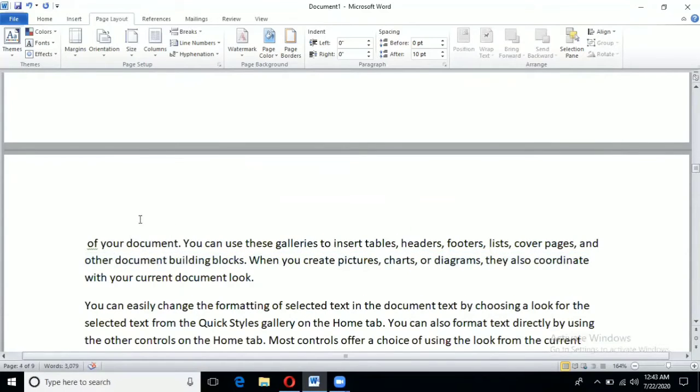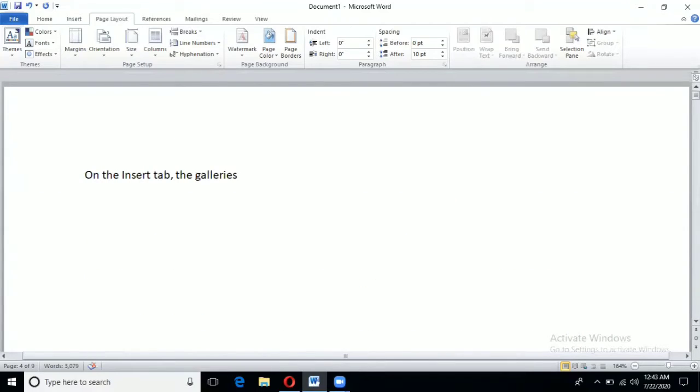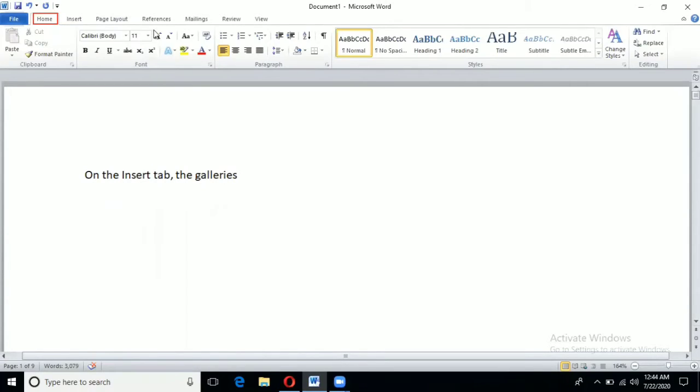Clear? So, if you want to see where we have used page break, firstly we will go to the Home tab. In the Home tab, there is one option, Show or Hide.